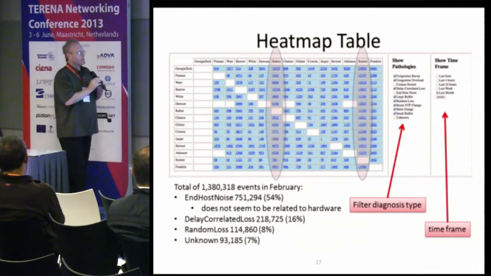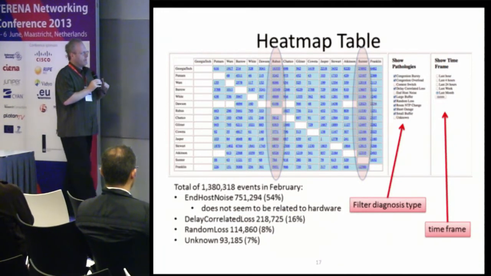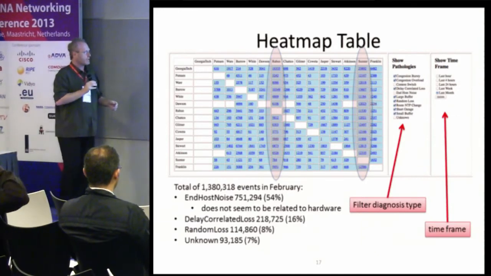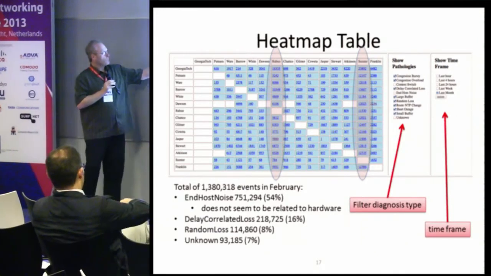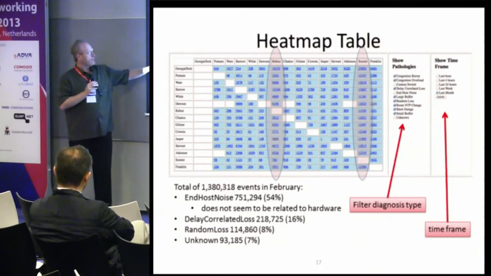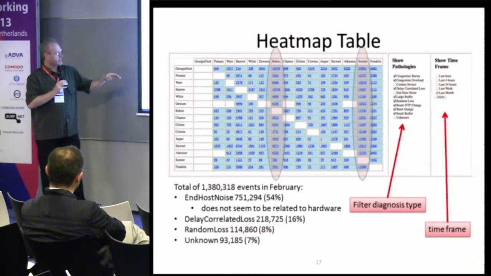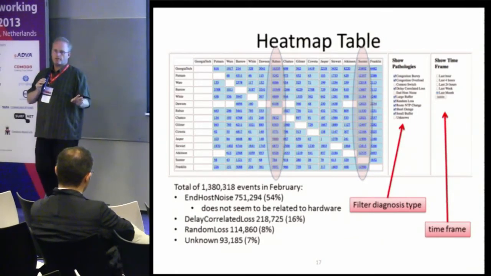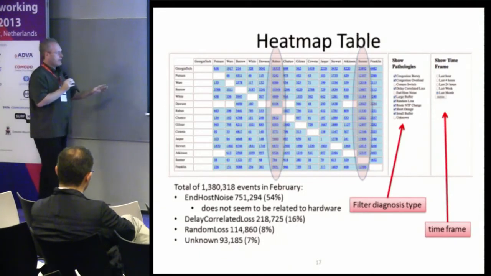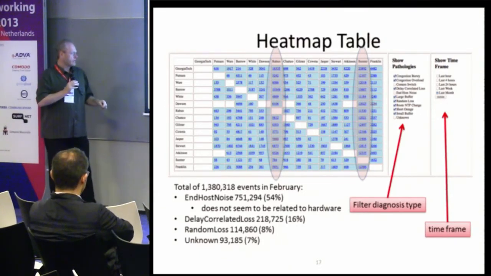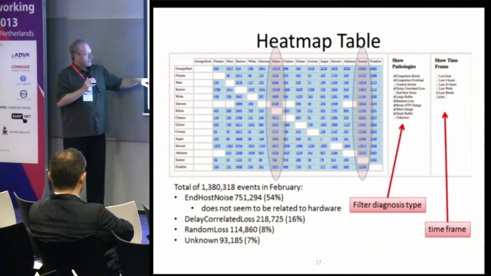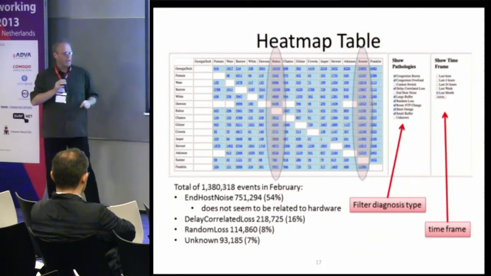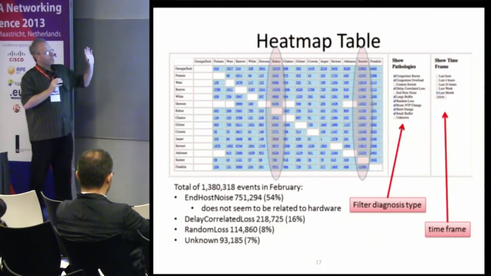So what we've been trying to do is come up with new ways of visualizing things. So here is the data from February, which just happens to be when I was writing the paper for this conference. Across our Gammon testbed, there are 1,380,000 and some thousand events. Of those, 54% were immediately thrown out as being just end host noise. But as I say, it doesn't actually seem to be related to the hardware itself. We've got 16% delay correlated loss, and 8% random loss, and 7% were actually undiagnosed by our algorithms. But the point here,